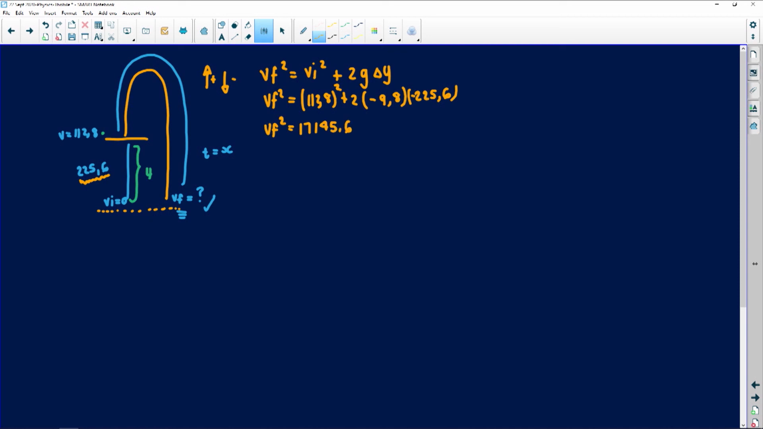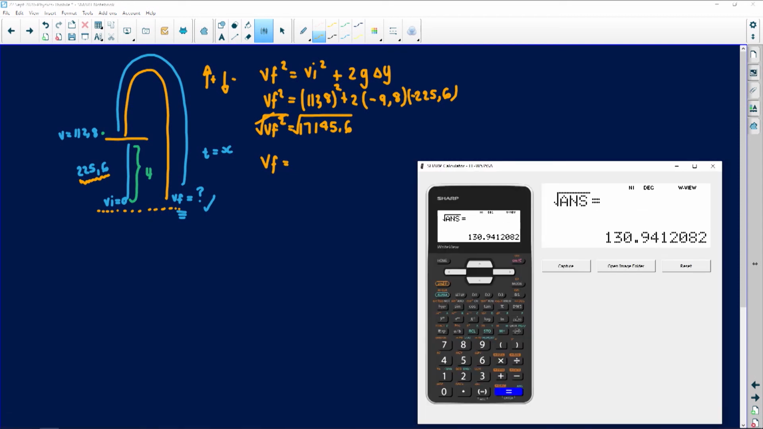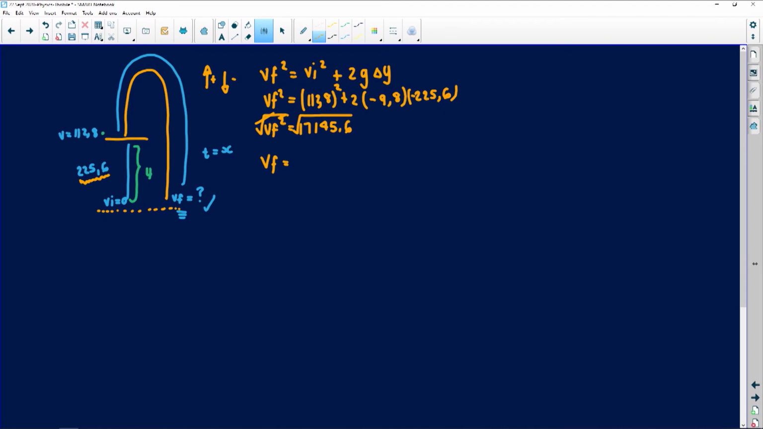17145.6, but I'm not looking for the squared final velocity. I'm looking for Vf alone. Remember what you do. To get rid of the exponent, you put both under a square root. This and this will cancel, leaving you with Vf by itself. I'm going to put that exactly as in my calculator. Where's my square root? I'm just going to say answer. So now the final velocity that the rocket reaches the ground is 130.94. Remember, we're going to leave it to 2 decimal places. The 1 does not change the 4. Only if the number is 5 and above will the following number change. So then I'm going to get